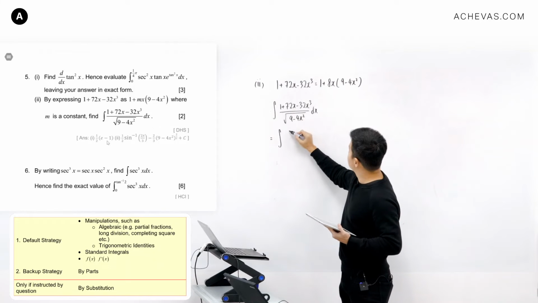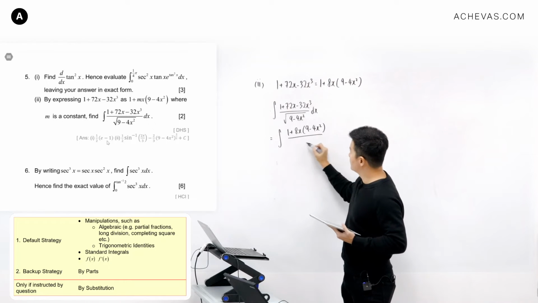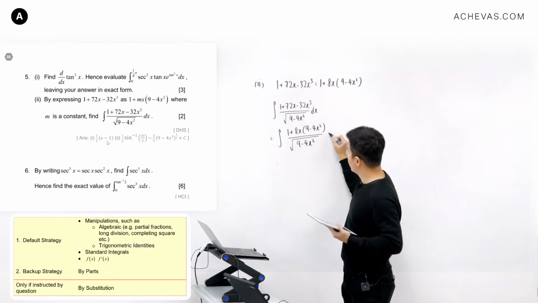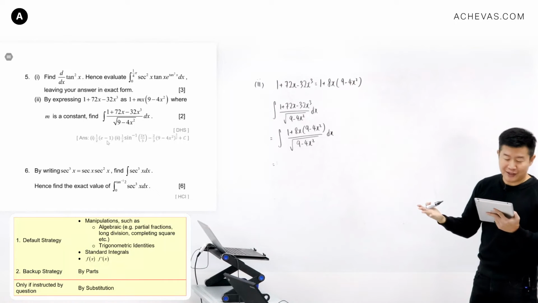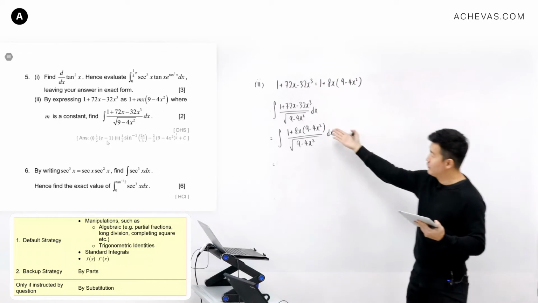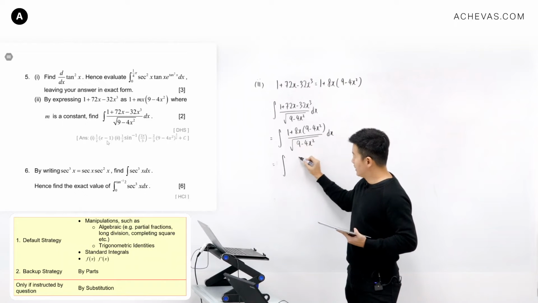And so I'm going to replace this with 1 plus 8x times 9 minus 4x squared, divided by the square root of 9 minus 4x squared. So I can break this fraction up into 2 parts: one is this divided by this,